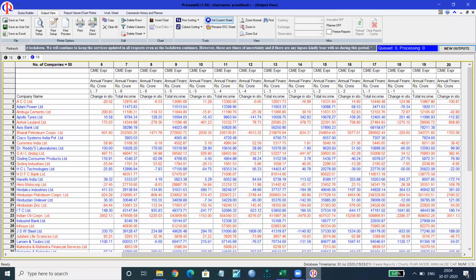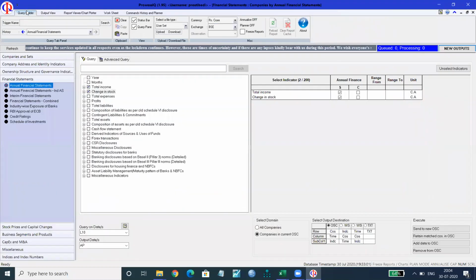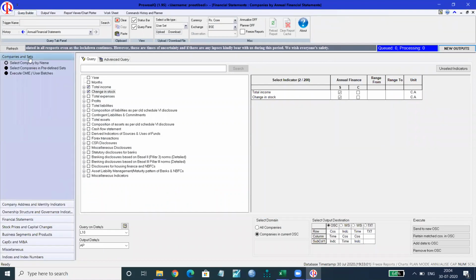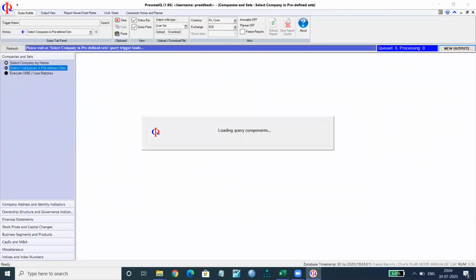Again, if I go to my ProS query builder to show you certain more things. Now here, for example, in case of company and sets, if you do not know the name of the companies you want to work upon, you can also use the select companies in predefined sets.